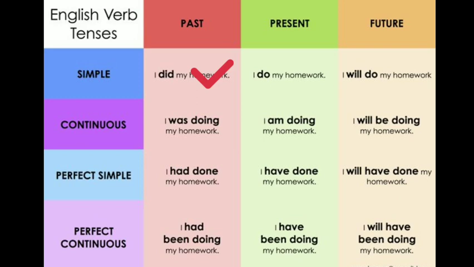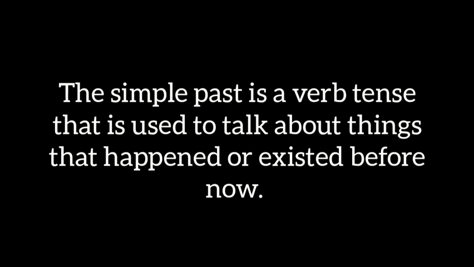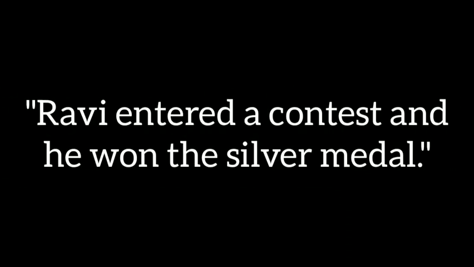The simple past is a verb tense that is used to talk about things that happened or existed before now. Imagine someone asks what your brother Ravi did while he was in town last weekend. You may answer, Ravi entered a contest and won the silver medal. Thus, you are talking about something that has already happened. The simple past tense shows that you are talking about something that has already happened, and it emphasizes that